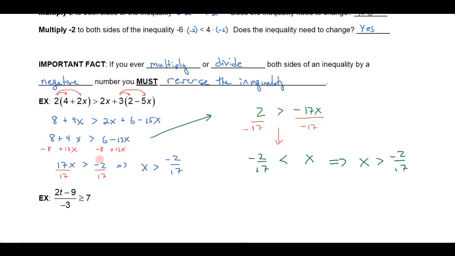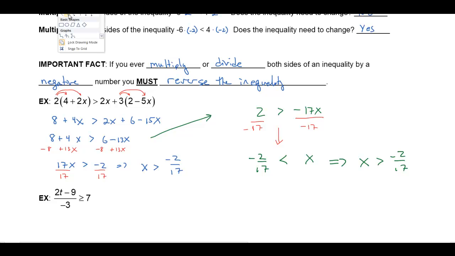So obviously the way I did it first was I think a little bit easier in that case. But typically you can avoid dividing by a negative by shuffling your x on the side that makes it positive. Okay, so one last thing here, if I wanted to write my answer in interval notation, so this would be,